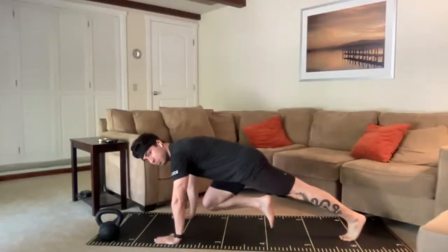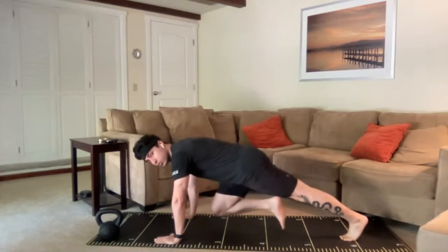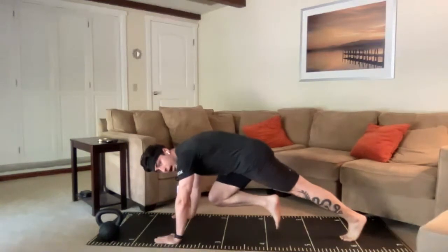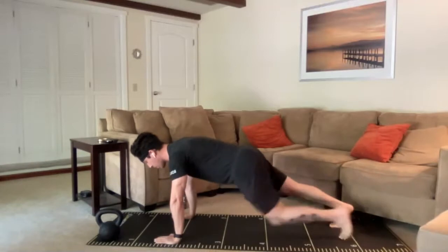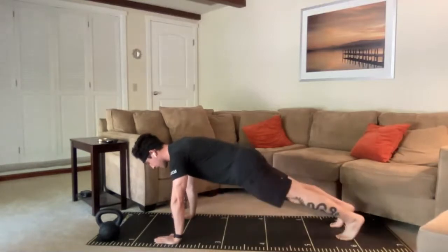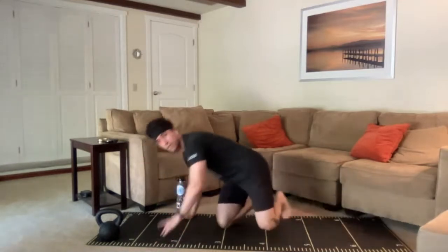I'm going to drive one knee up. You're going to really feel that crunch through the midsection. What we don't want to do, though, as we drive the knee is round through the back. So keep it nice and flat. If you can see yourself, check in with yourself every once in a while. We're going to drive the other knee, hold it for a sec. And this is just how we're going to go. It can be about this speed. So that is our first thing that we're going to do at the top of that first section of the